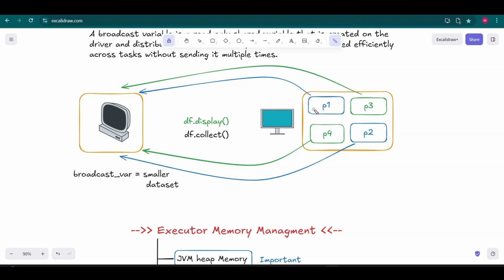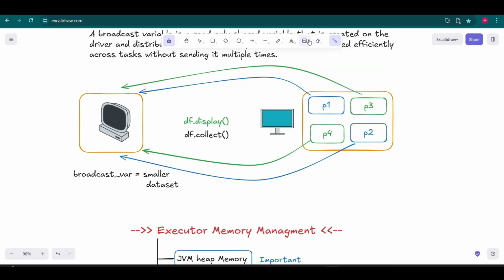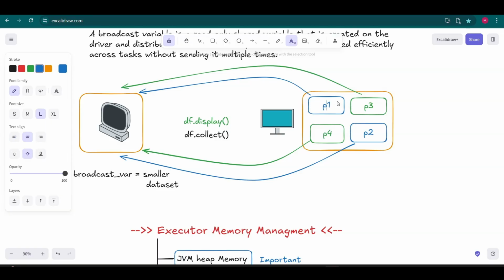Okay, my partition 1 consists of 1 comma 2. Partition 2 consists of 3 comma 4. Partition 3 consists of 5 comma 6. Partition 4 consists of